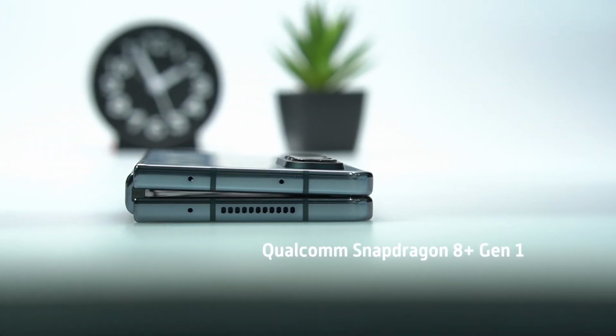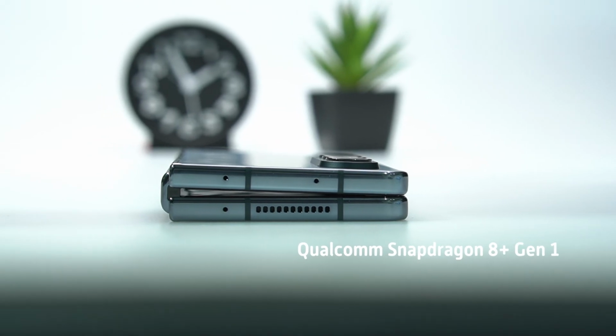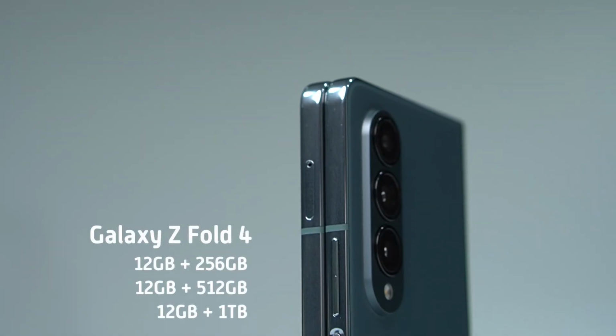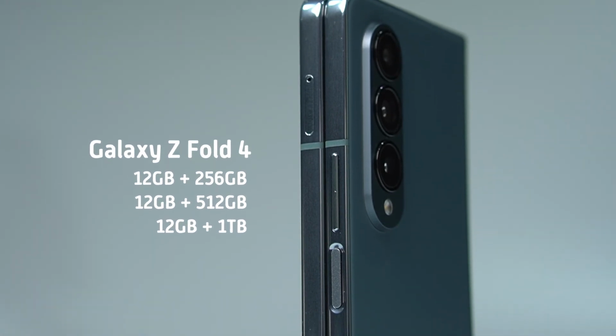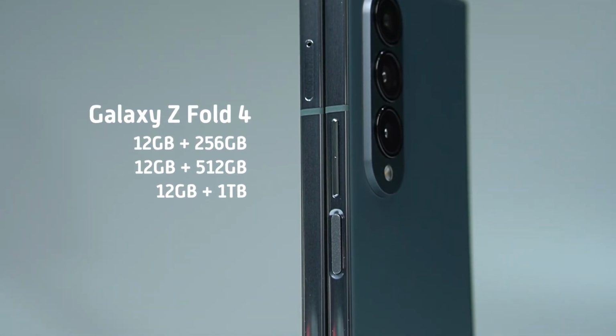Moving on, just like the Z Flip4, the Z Fold4 now carries a Snapdragon 8 Plus Gen 1 CPU, which is an upgrade from the previous Snapdragon 888. Memory is at 12GB across different models, but storage space now range from 256GB up to 1TB in select markets. It also runs on Samsung's One UI 4.1.1 based on Android 12, and it also promotes multitasking by efficiently using